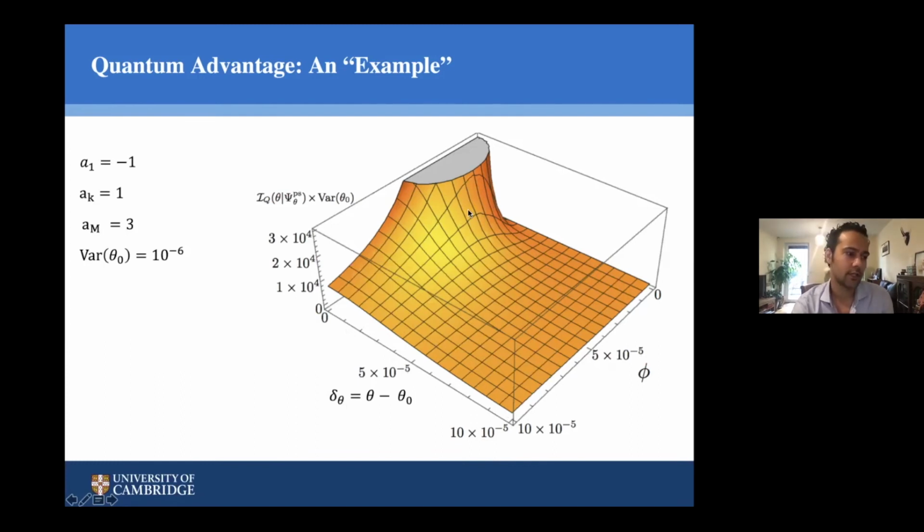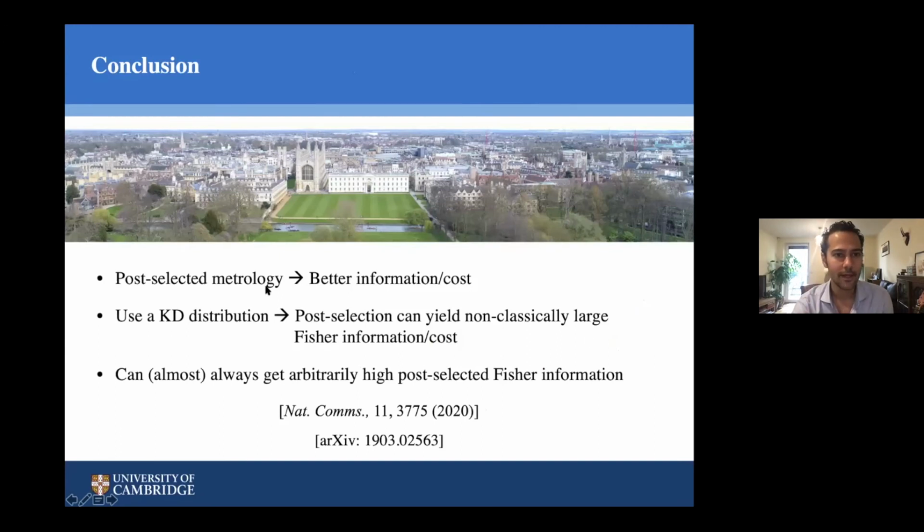So we've basically shown that quantum mechanically you can distill a lot of information into very few particles, which is something that wasn't entirely understood before and which definitely wasn't understood in terms of the framework of quantum metrology. Just to conclude, post-selected metrology can give you better information to cost rates, and this is true both classically and